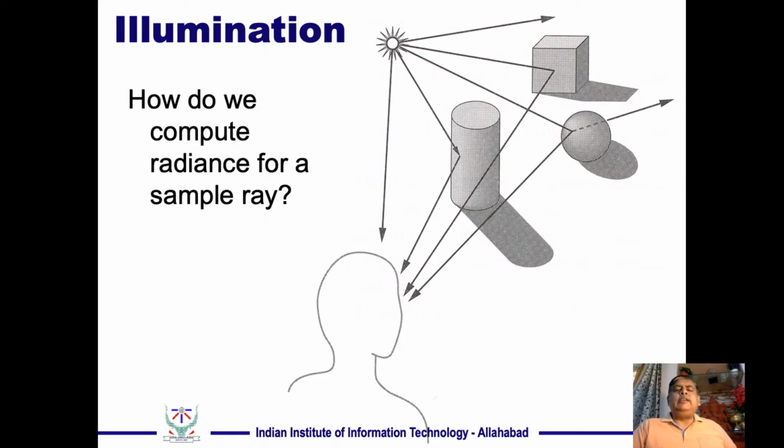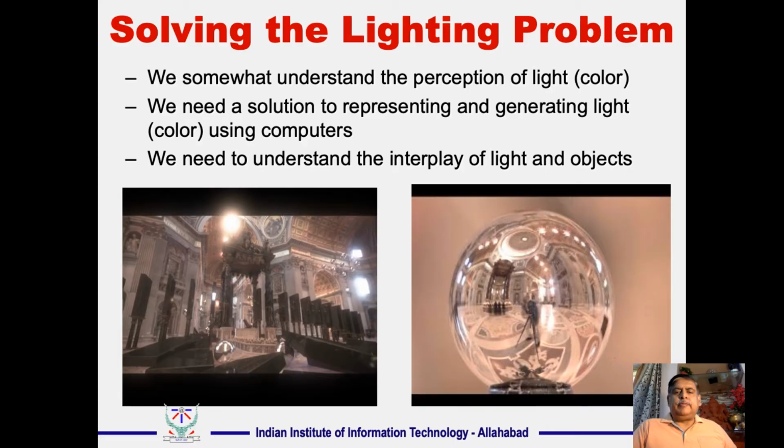We see it only when the ray reaches our eyes or the camera. Solve the right problem. We somewhat understand the perception of light, color. We need a solution to represent and generate light, color using computers. We need to understand the interplay of light and